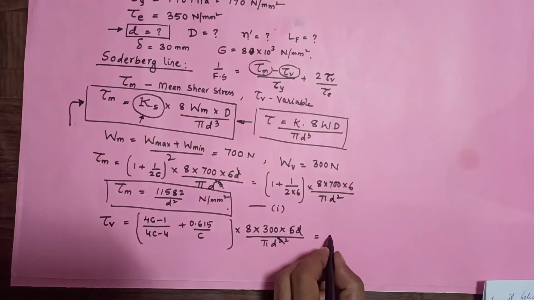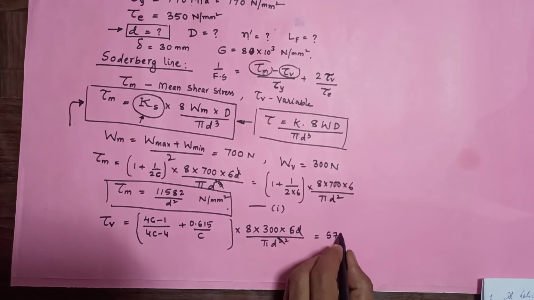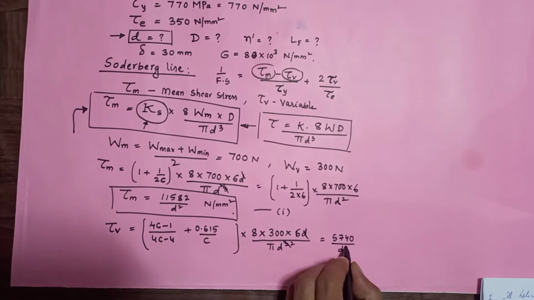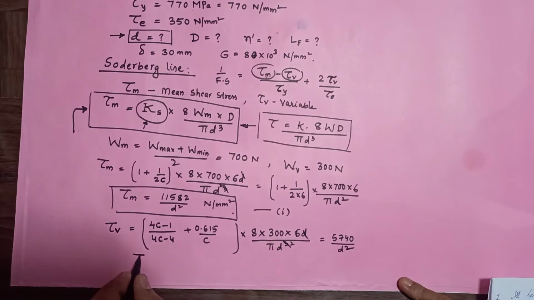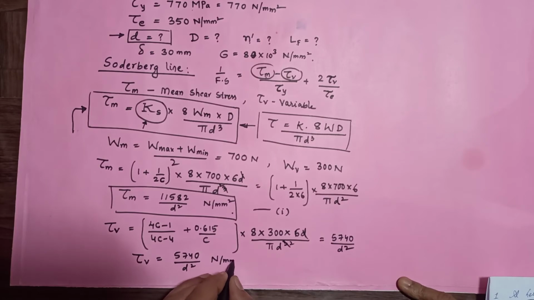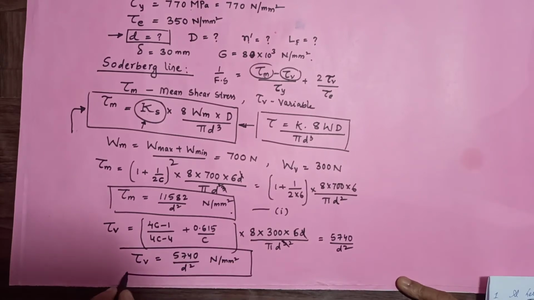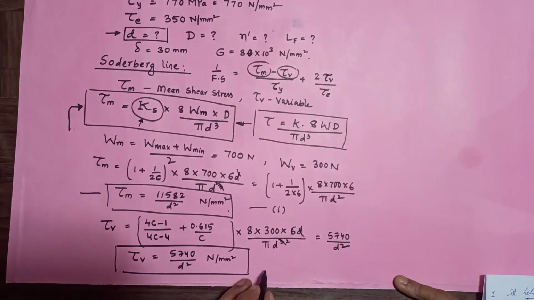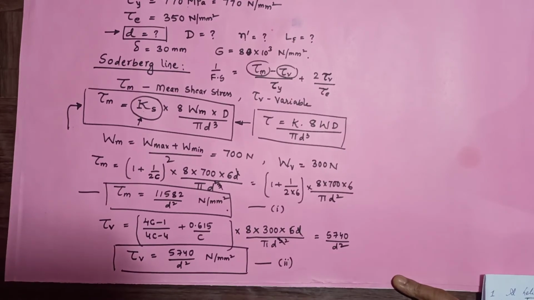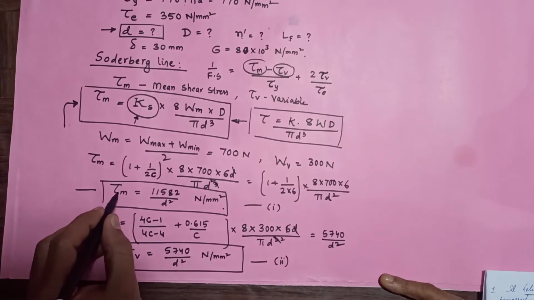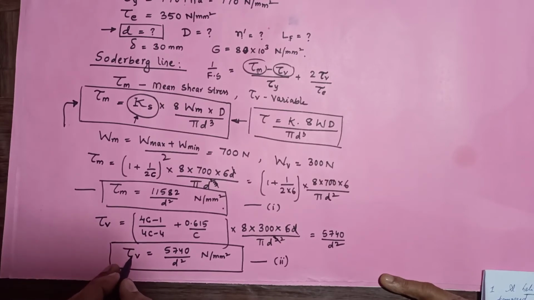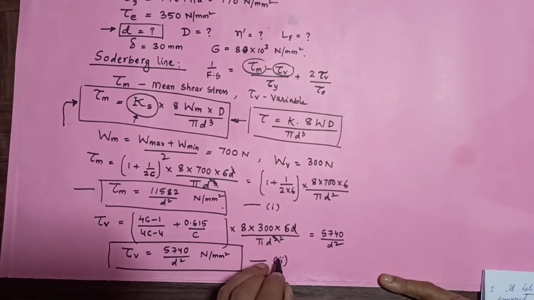variable shear stress. I got 5740 by D square. So I will write again, where variable shear stress is 5740 by D square. Unit will be Newton per millimeter square. So two equations you obtain, 1 and 2. Now after calculating the mean and variable shear stress, you can directly substitute in the